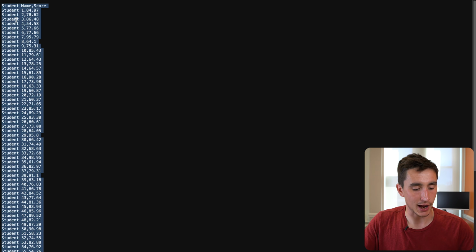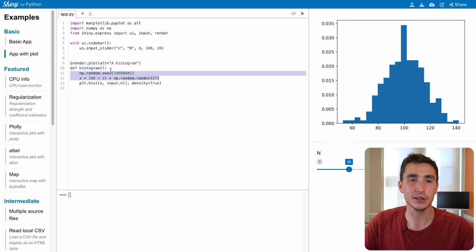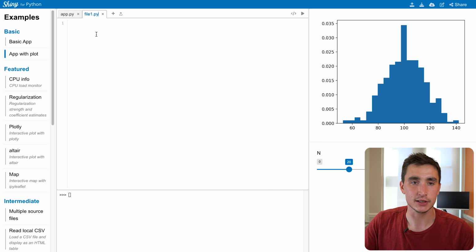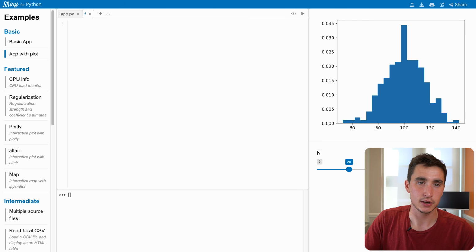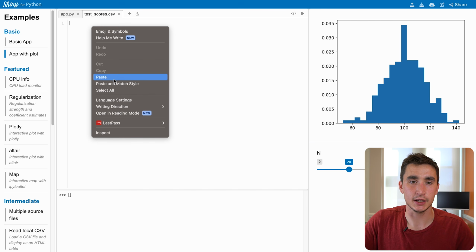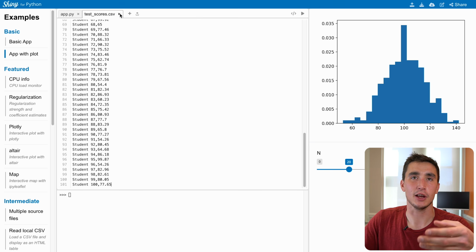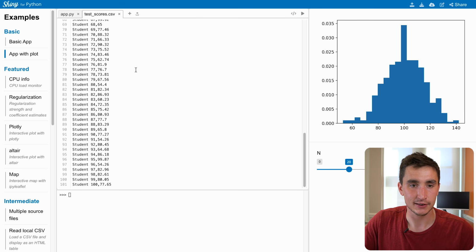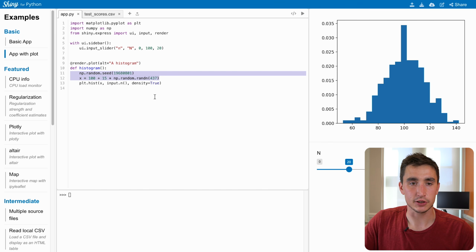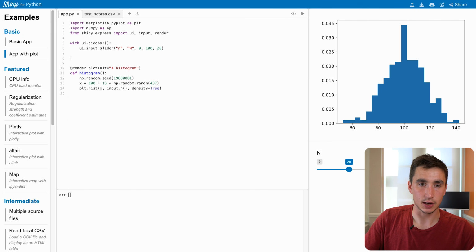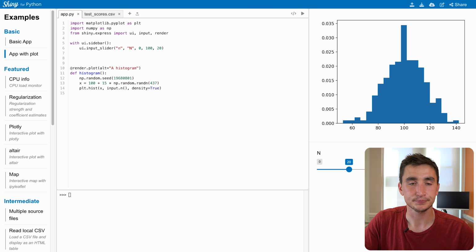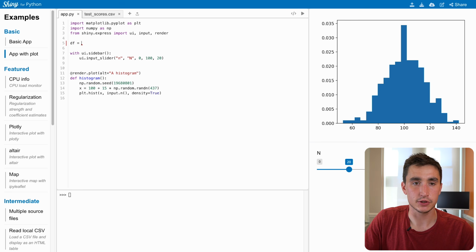So one way that I might spin up a Shiny app really quickly is I might take this data, so I'll call this test scores.csv. I'll paste it in. And you can add files right here in this little playground area. I'll save that. And then I can actually reference that data by doing something like df equals, let's do a